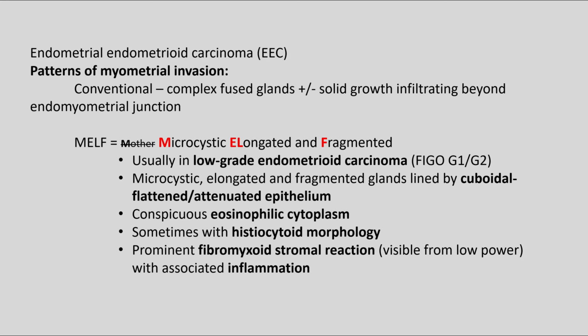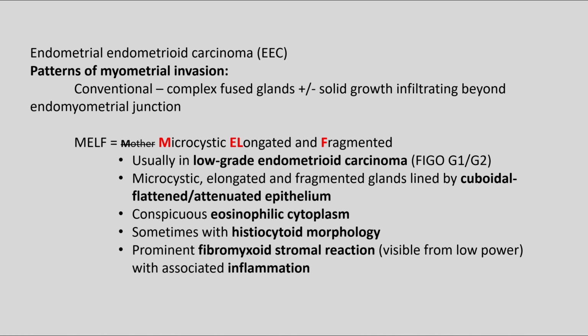Endometrial endometrioid carcinoma may show a variety of patterns of invasion into the myometrium. In the conventional pattern, architecturally complex glandular structures, with or without areas of solid growth depending on tumor grade, infiltrate beyond the confines of the endomyometrial junction. A distinctive type of myometrial invasion, seen especially in low-grade endometrioid carcinomas, FIGO grades 1 or 2, is the MELF